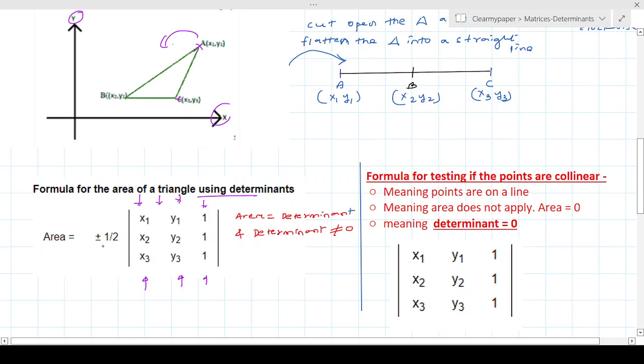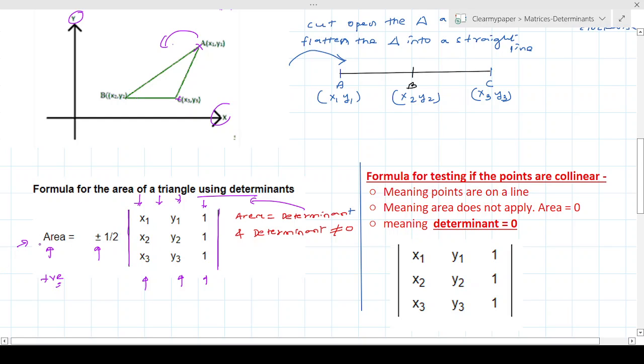And then we multiplied by plus and minus half, where the plus and minus was to be used at your discretion to make sure that the net area is always positive. And then we had this half from the derivation that we had here. Our objective was, as long as we find the determinant of this matrix, and the determinant is not equal to 0, multiplied by half gives us the area. So the non-zero determinant was used to find the area of the triangle using this formula.